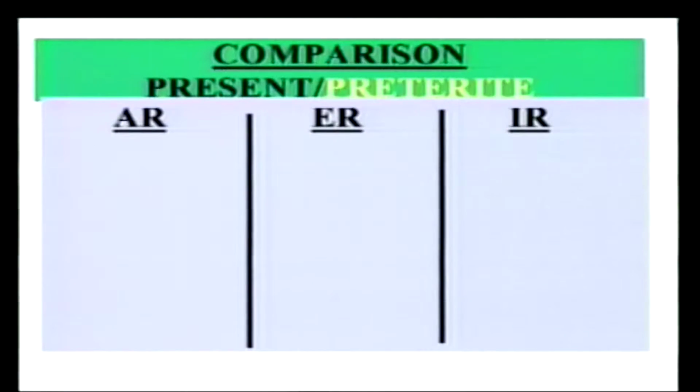Let's take a few minutes to review the endings for both the present tense and the preterite tense of regular verbs. Here on this chart, we're going to compare present and preterite verbs that end in AR, ER, and IR. In the present tense, you'll notice in black, for the AR and the ER and the IR, it ends in O. The preterite, in this case the letters marked in red, end in E with an accent, I with an accent.